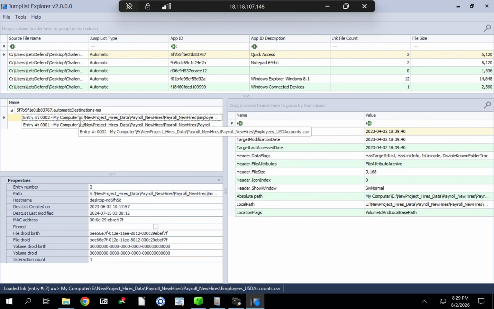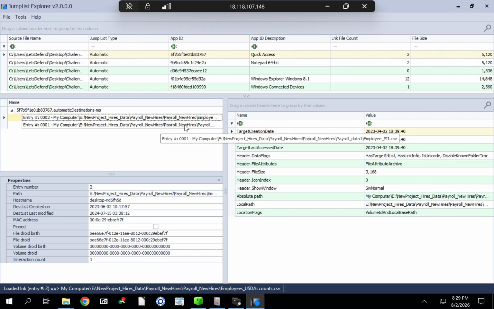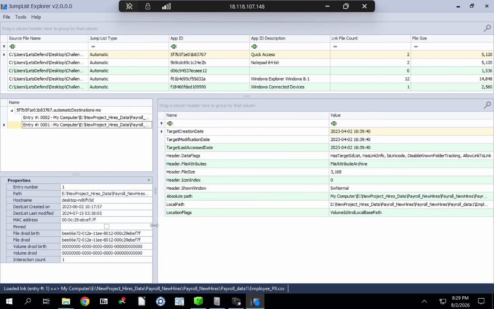And you can see that there is the drive letter over there, which points to the specific location we found earlier on. So you can see drive E, there is the folder new project hires. Then within that, we have a lot of information, and now you can see the exact file that was interacted with. Looking at the absolute path,